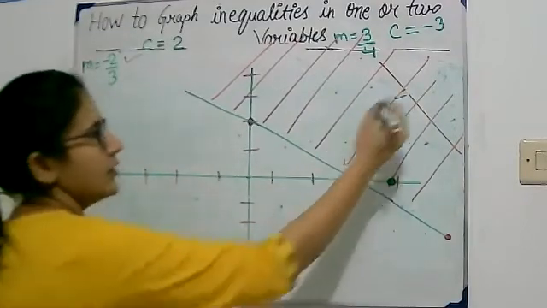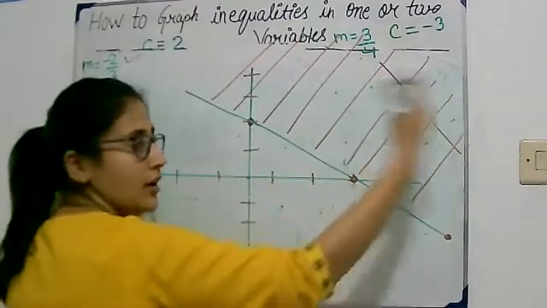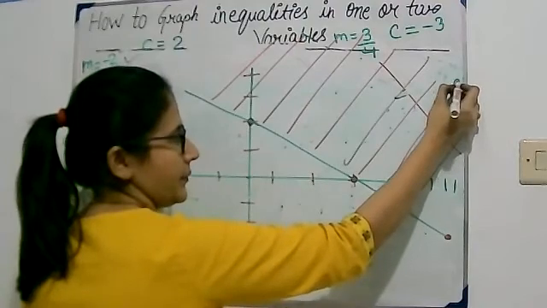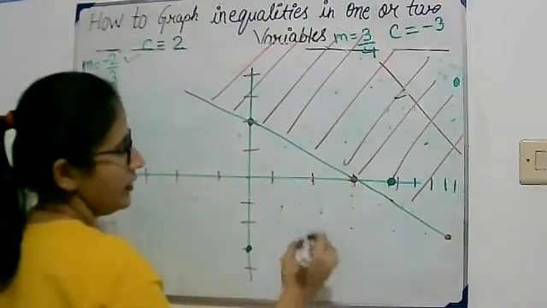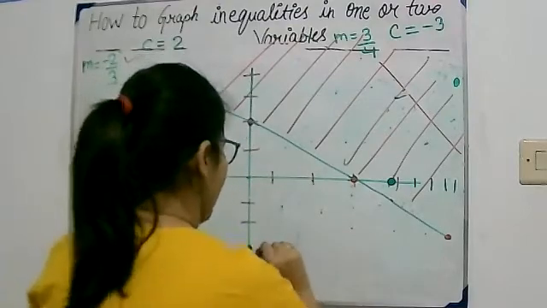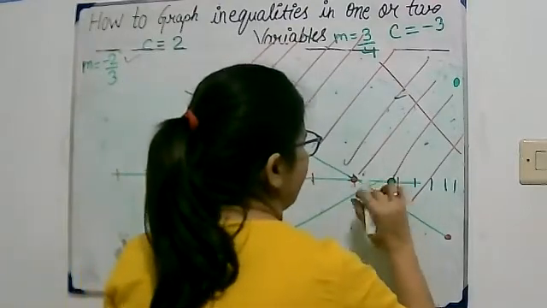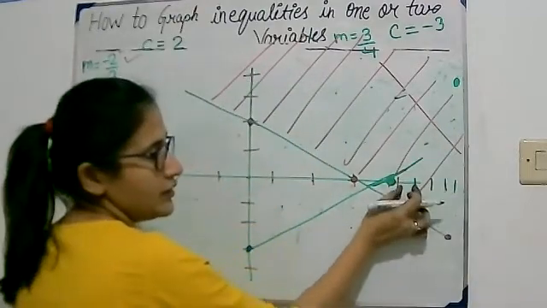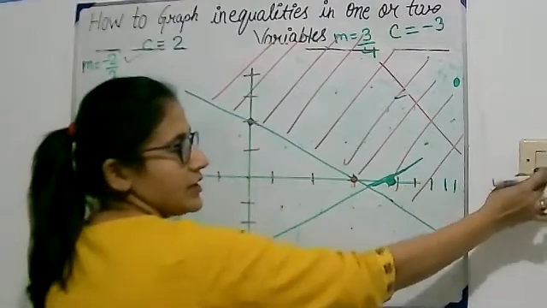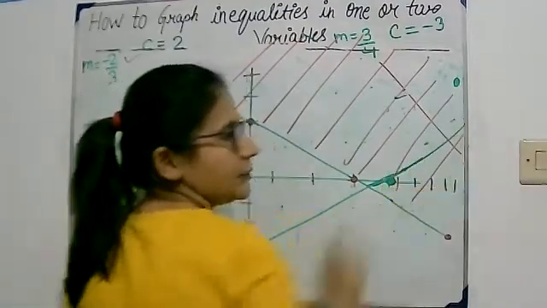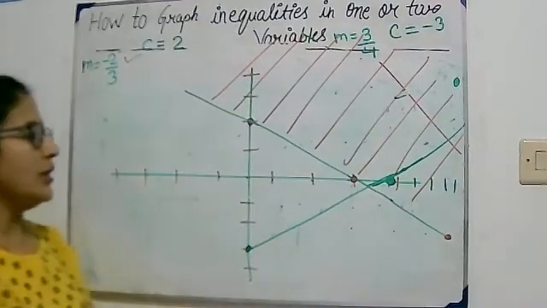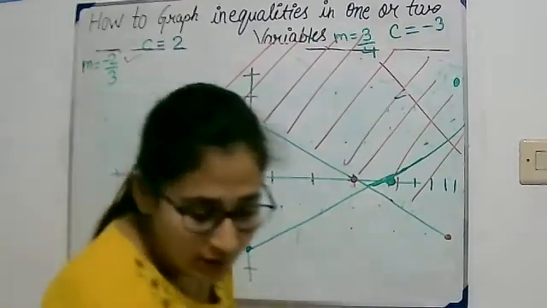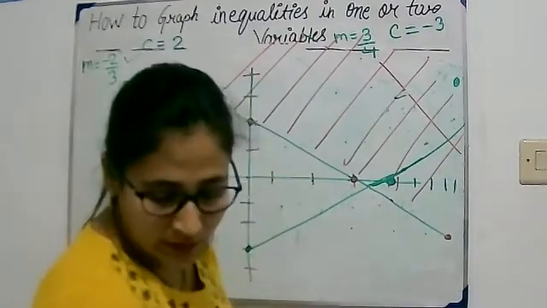No, not this is the point. This is on y-axis. 4 other side. So take 1, 2, 3, 4. It will be here. So line will be actually here board is small. So now distance is very less. So it will be somewhere here and line will go like that. So this is negative slope.